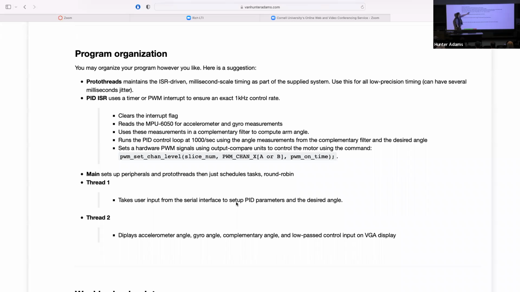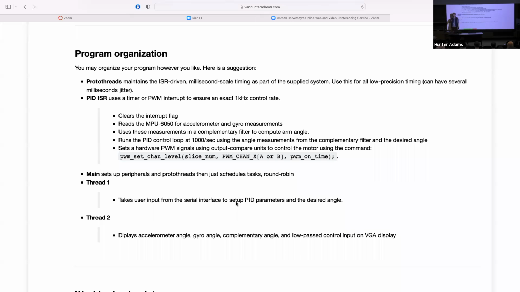That too, incidentally, in terms of things that you display, the minimum that I'm asking for you to display is the complementary filter output and the controller output, because those two pieces of information are really critical for debugging. You might want to add a few more things to help yourself debug or just out of interest. In particular, I think it's really interesting on the plot that shows you the complementary filter output.